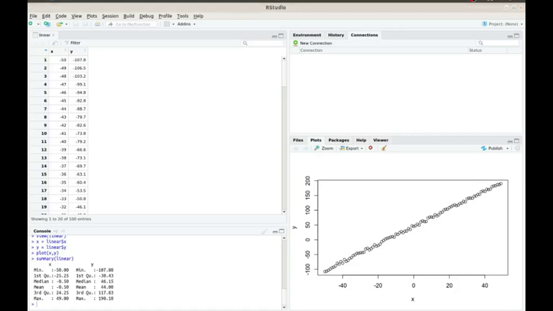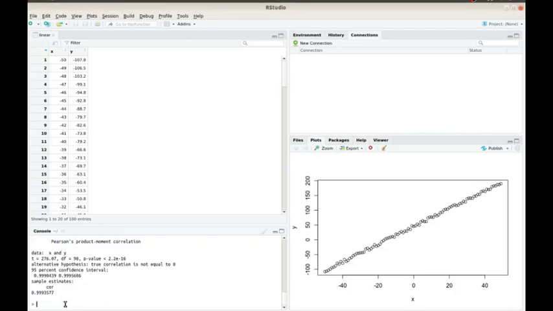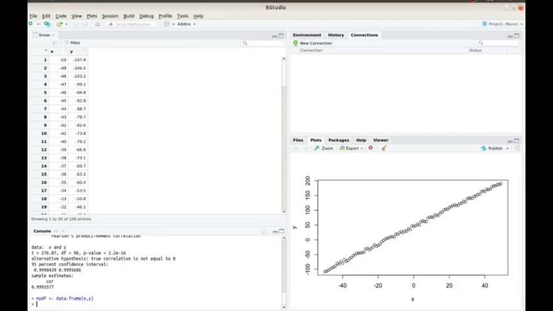The correlation test will tell me that I'm pretty darn close to a linear equation. As you could see, my cor test shows 0.9993577. And as mentioned in part 1, when you have 1, that's ideally a perfect linear equation, and 0 is a totally random equation. As before, I'm going to create the data frame x comma y,